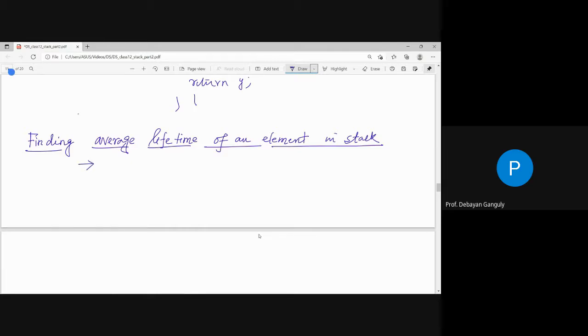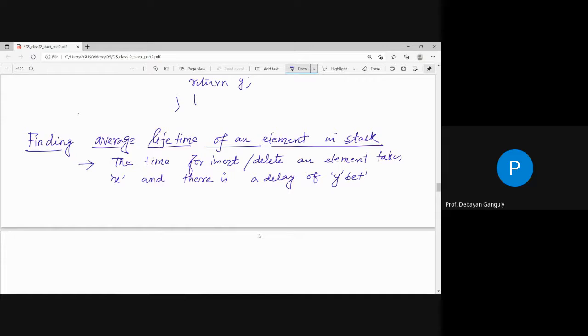The thing is that the time for inserting or deleting an element, আমি ধরে নিচ্ছি that the time for insert or delete an element that takes x, and there is a delay of y between every such operation. তার মানে আমি কী বললাম? তার মানে আমি বলতে চাইছি যে